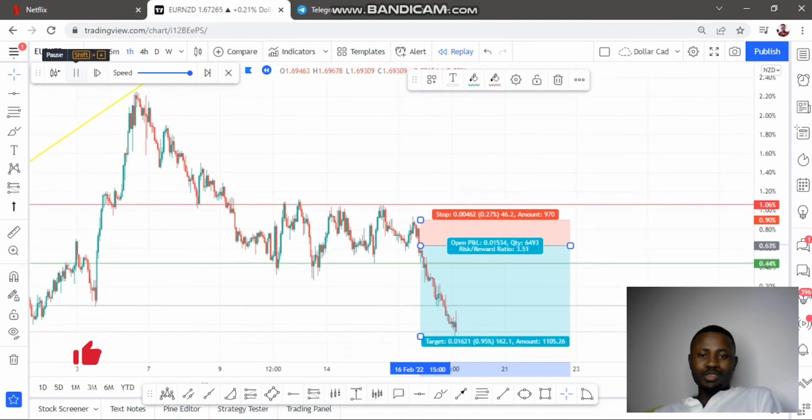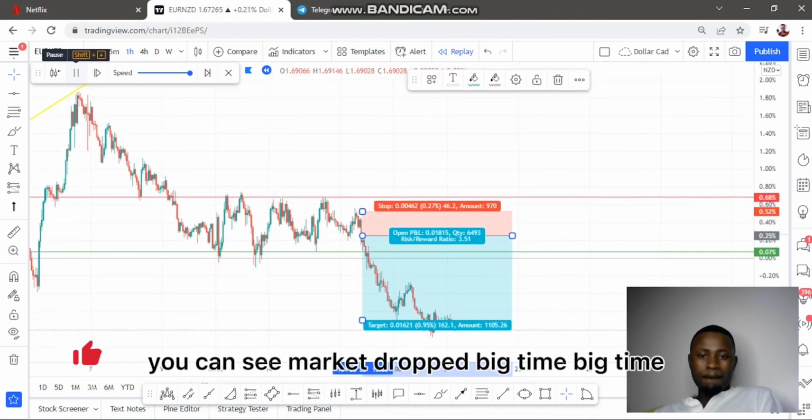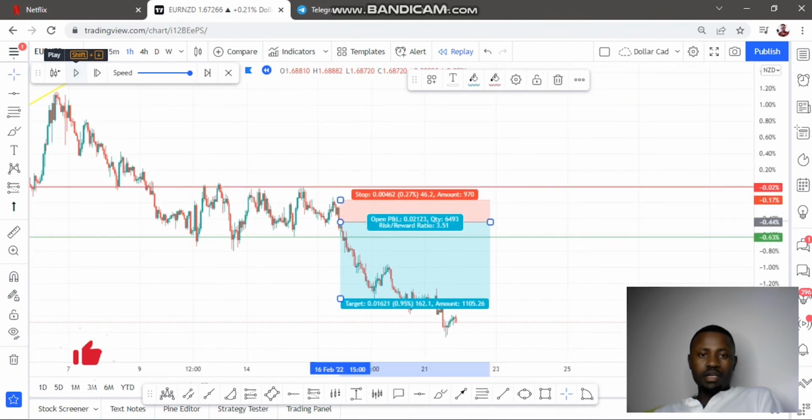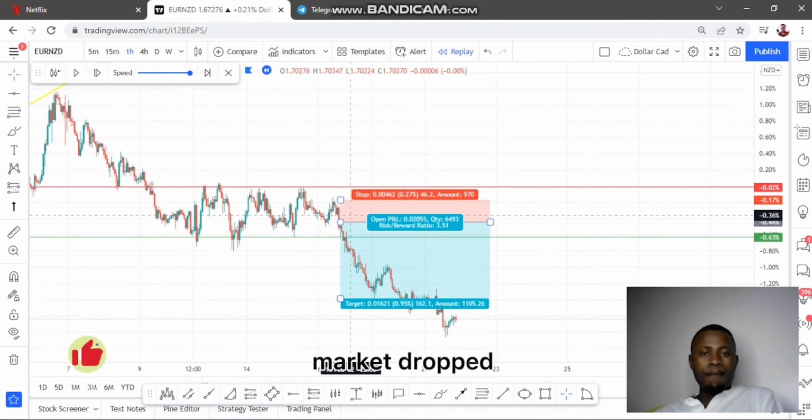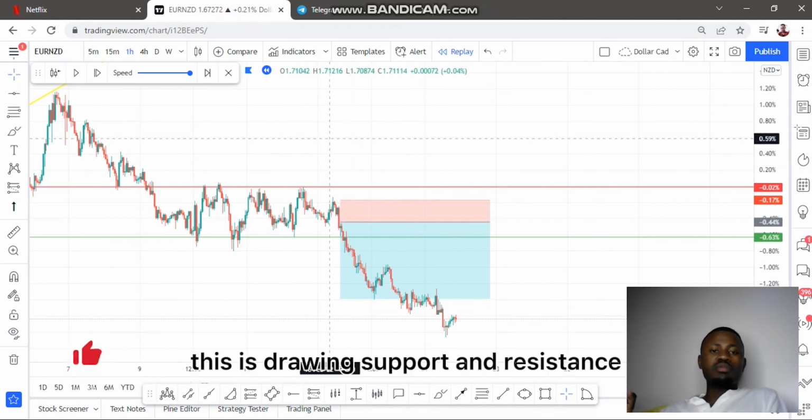You can see, guys, the market dropped big time. You can see the market dropped big time from the upper side to the downer side. This is drawing support and resistance